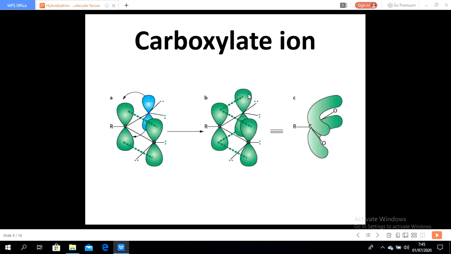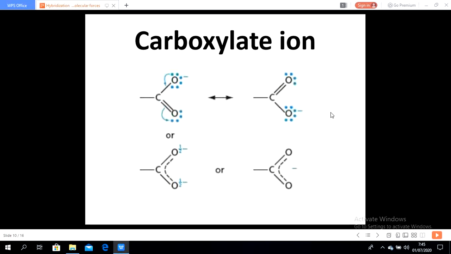That makes the shape like this. So the pi bond can rotate within this shape only. Because the pi bond can rotate, we make it into this half ring structure. Okay, so the O goes to C, C goes to O, and then O goes to C, then C goes to O again. Okay, so the pi bond.